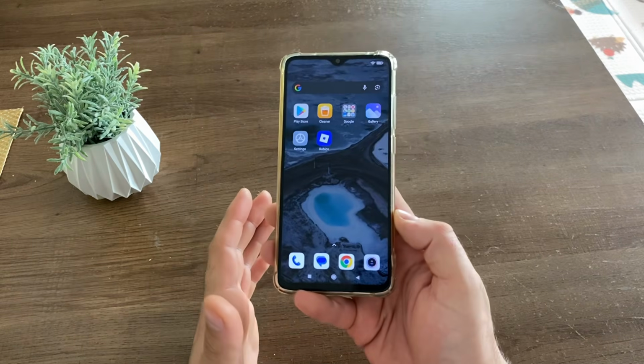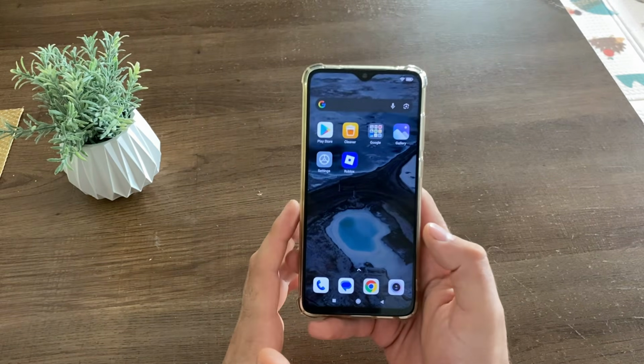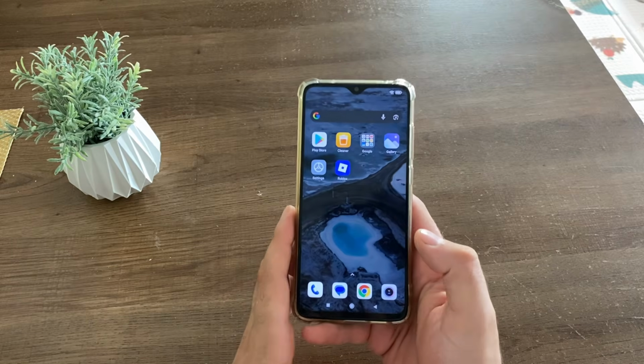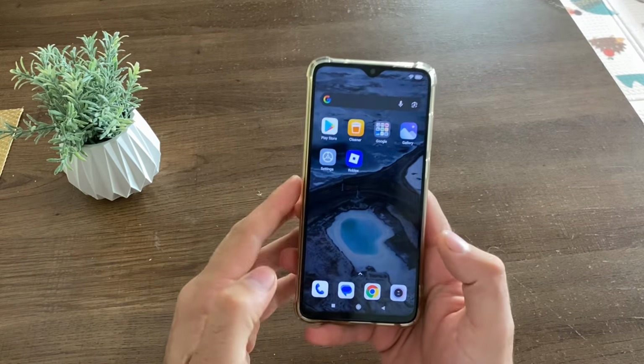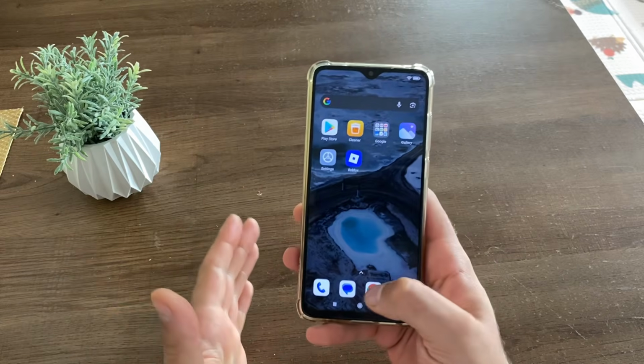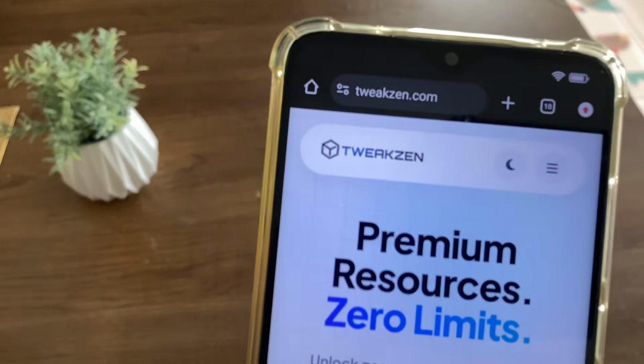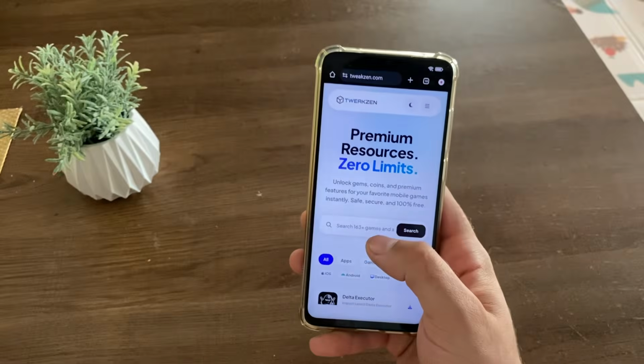What's up, guys, and welcome to my brand new review. In this review I'll be showing you how I got Delta Executor for Roblox absolutely free, safe and online. Guys, let's get started. Go to Google or any browser you have and navigate to this website, then scroll